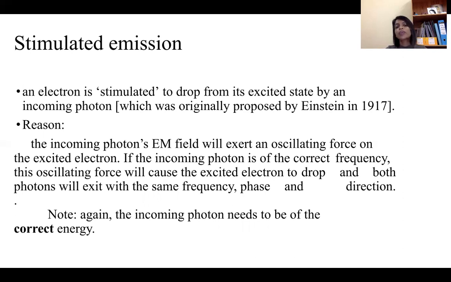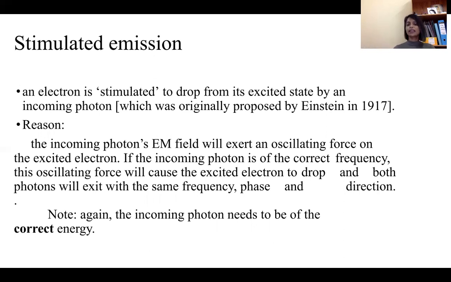And that electromagnetic field can exert an oscillating force on this excited electron in the higher energy level. If the frequency of this oscillating force is the correct frequency, then what happens? That oscillating force will influence this excited electron to jump back to its ground state, and by doing that it will emit another photon